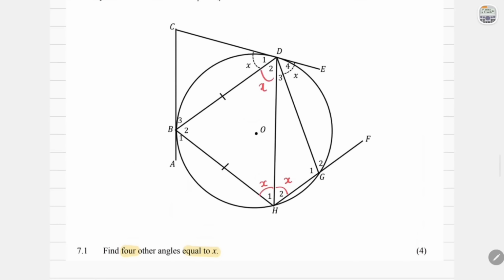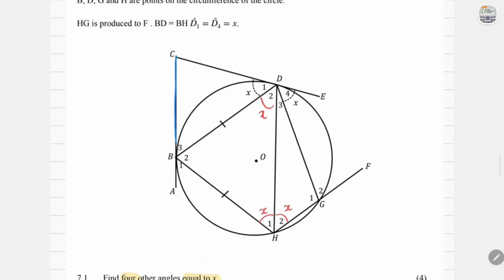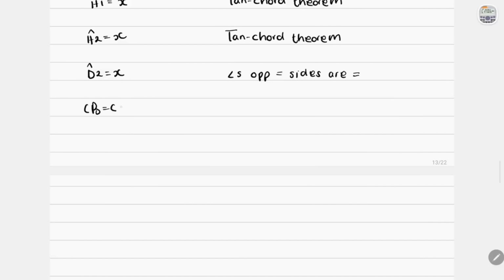And which other one do we have? Okay, we have an isosceles triangle here, but you see how we have tangents. This is CB and this is CD. So tangents drawn from the same point to the circle are equal. So CB is equal to CD, okay? From that common point to where they touch the circle, they would be equal. So since these are equal, with this you have to actually state that. You see that? I didn't really need to state that because they already told us that. So start by telling them CB is equal to CD. So CB equals CD, and that is because of tangents drawn from the same point to a circle are